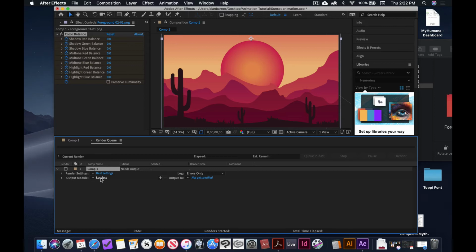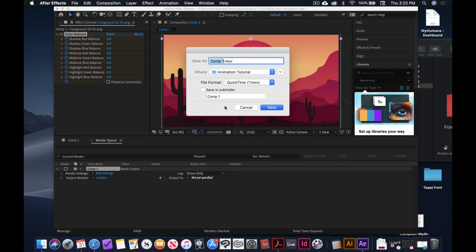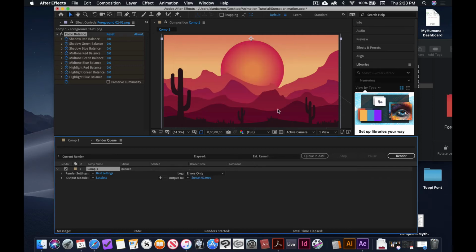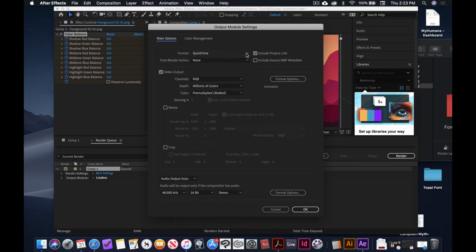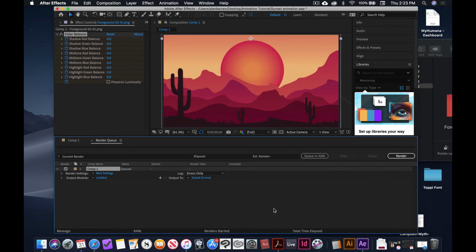I usually leave it on lossless and best settings, and then you have to tell it what the file name is going to be. So I'm going to call this Sunset 01. Now, I will tell you this. On the output module, rather than lossless, you could set it to all kinds of compression settings that would be easier for transportability to other programs, or would generate a kind of file that would be more easily uploaded to the internet, and so forth. But I want a full resolution animation that's as good as it can possibly be,